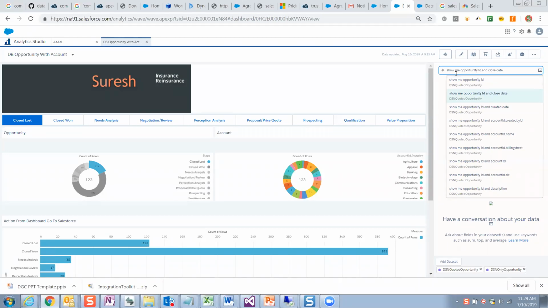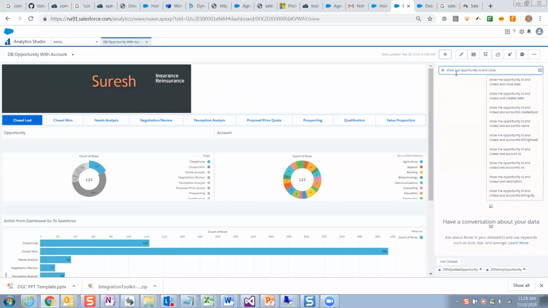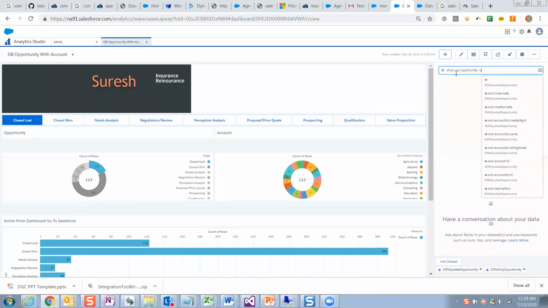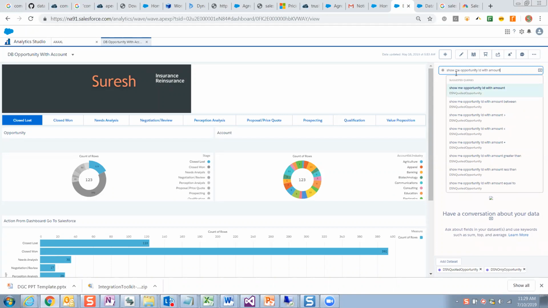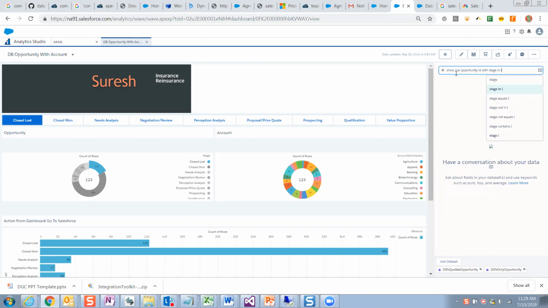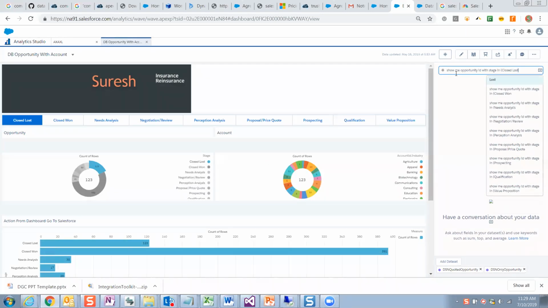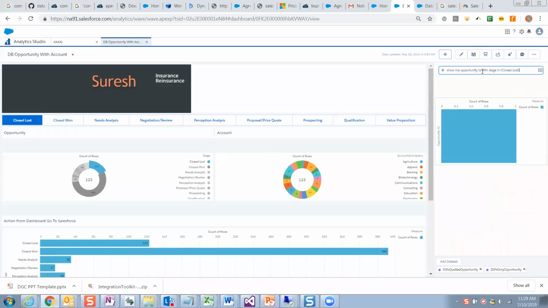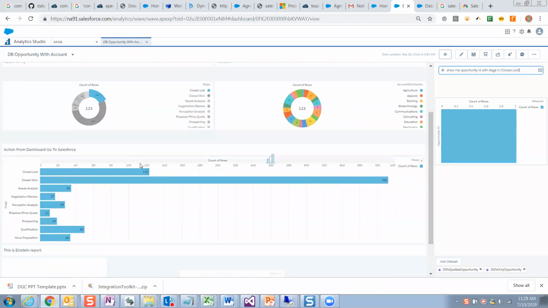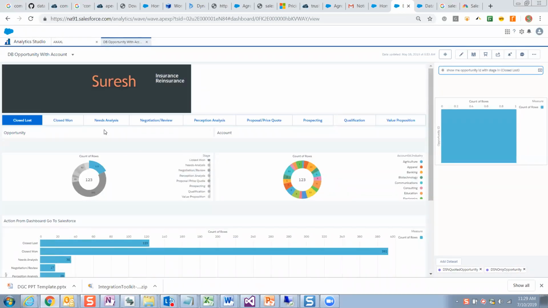opportunity, with whatever field name, with the amount, or with status, with stage closed. So if you want some queries or some data from that, automatically the charts will be created, and we call this a lens. So the lens is already created, and this lens you can directly bring into your dashboard. And let's say if you see this dashboard, I have created a dashboard with all these